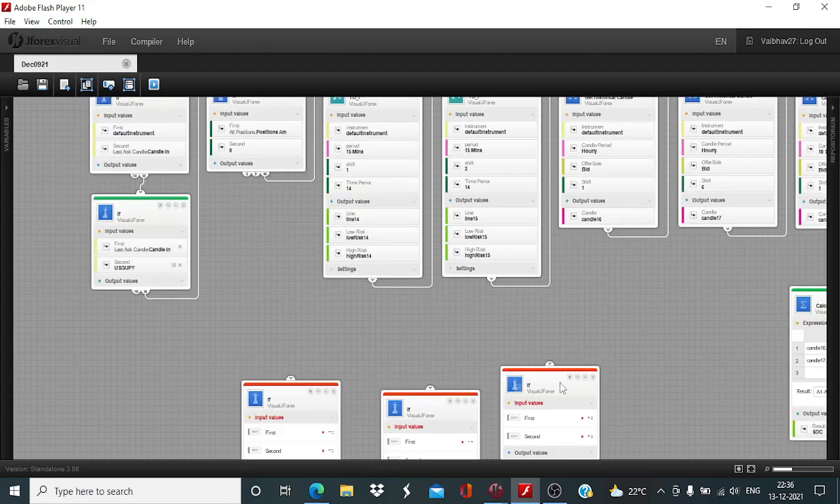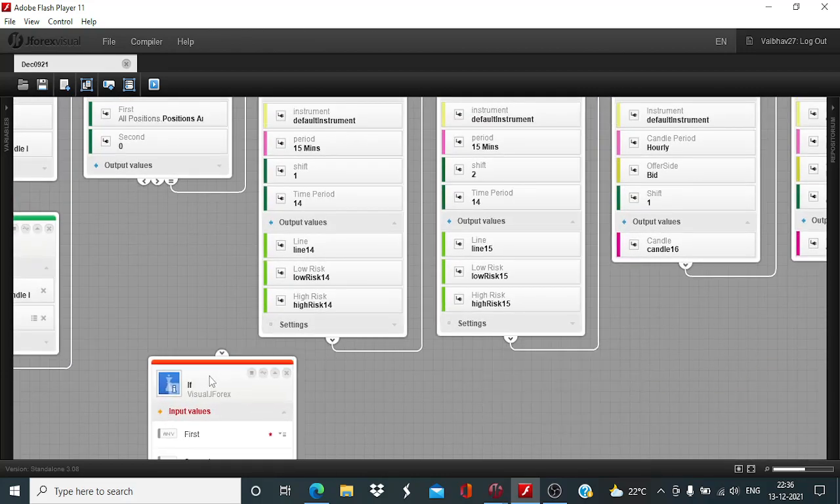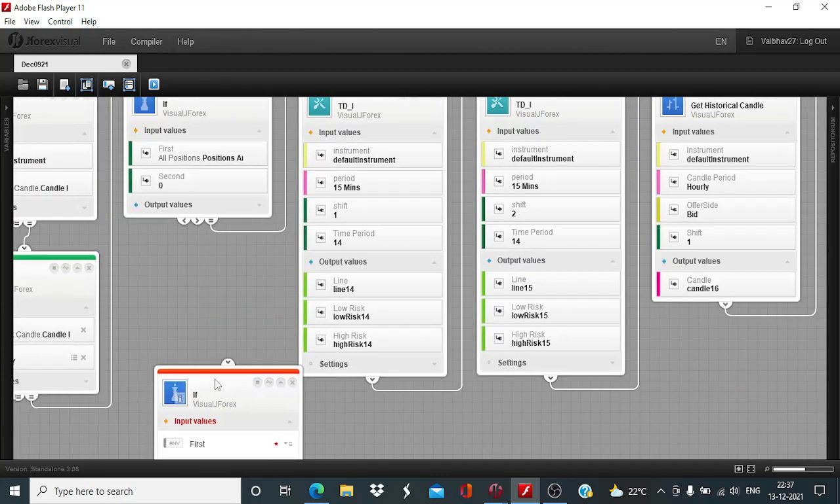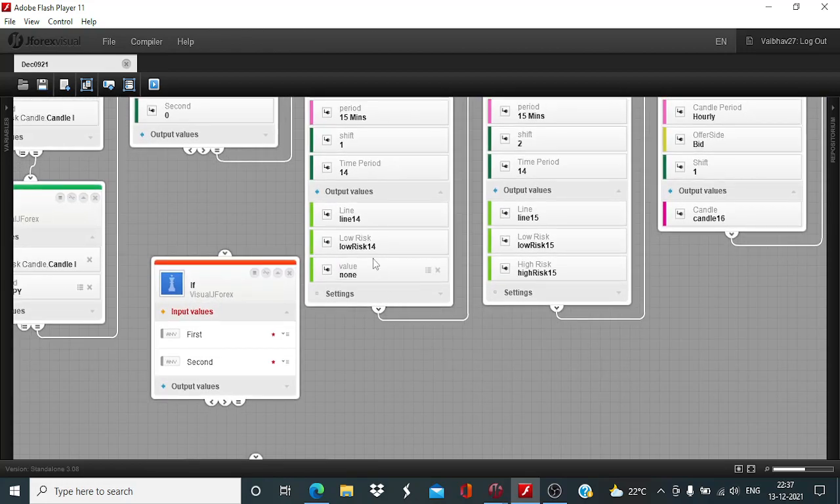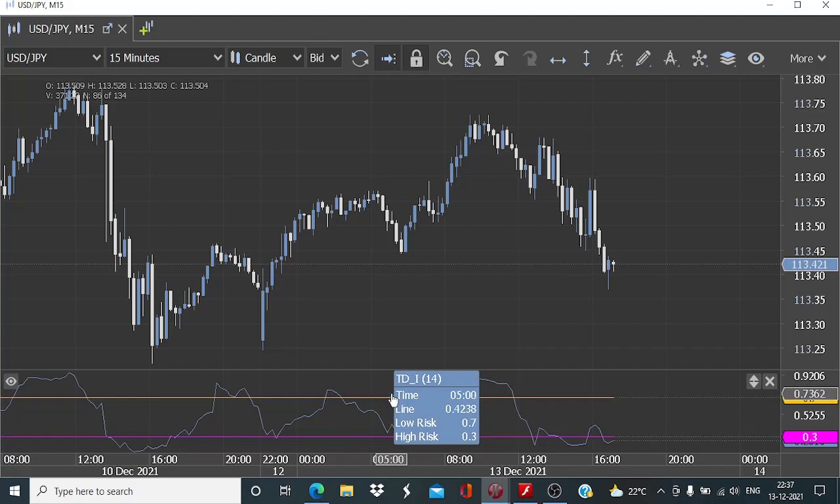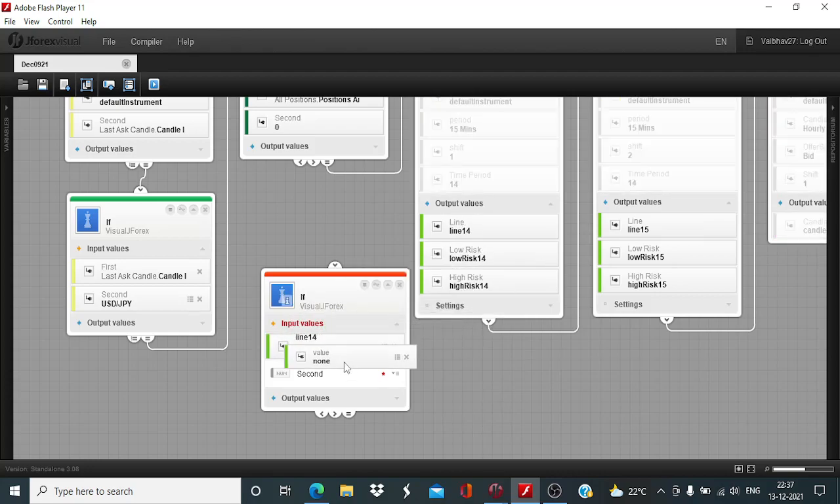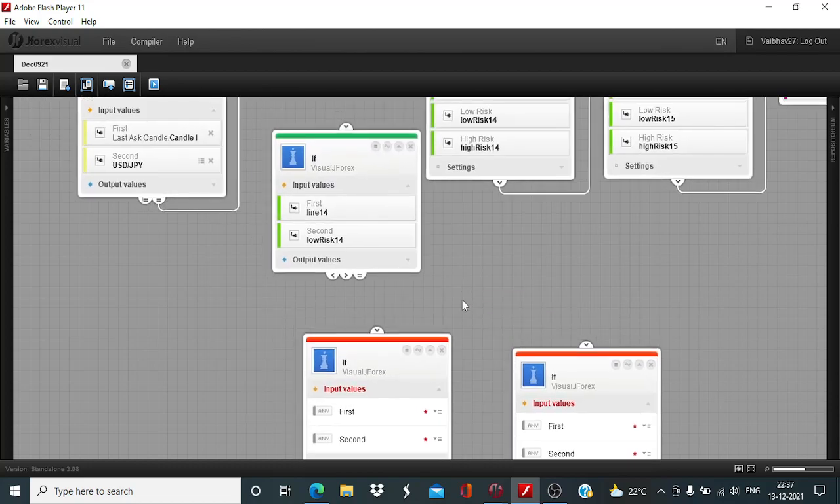First thing first, we do is compare the output values of the TDI. We want line 14 to be less than low risk of 0.7. The low risk is denoted, this higher line, upper line is denoted as low risk, and as I said earlier, it also has a constant value of 0.7. So I take this line 14 and compare it with low risk 14, and here it should be first input less than second input,